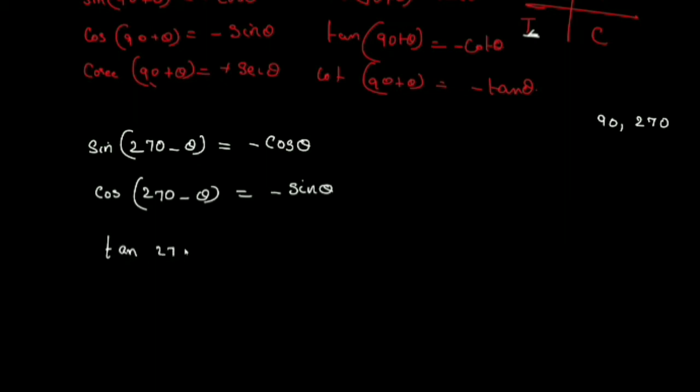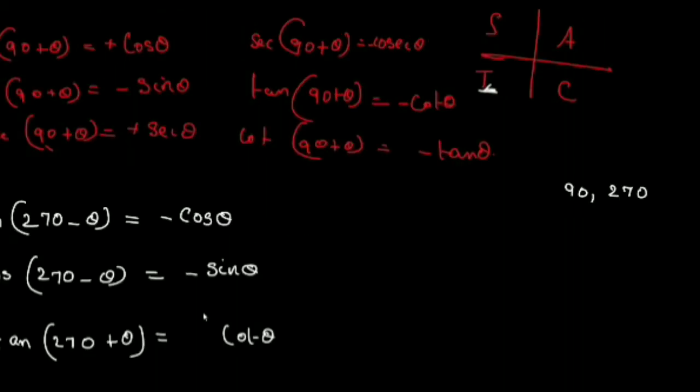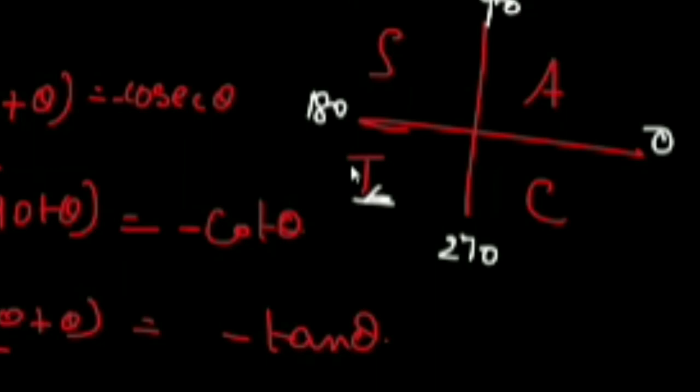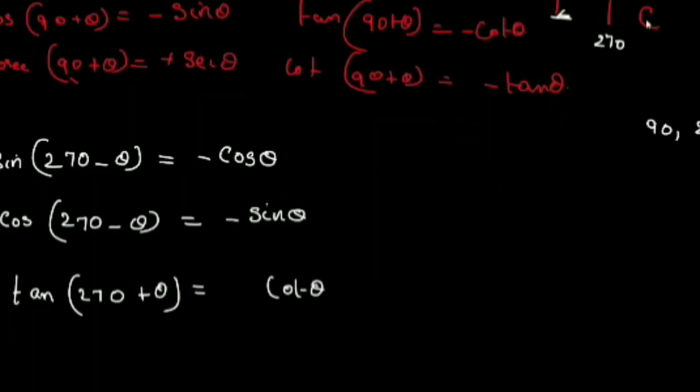Now suppose I write tan 270 plus theta. First write the complementary ratio, tan is cot theta. First write that. Then we'll see the signs, plus or minus. Which quadrant? So always remember these lines: this is 0, this is 90, this is 180 and this is 270. So you can easily say 270 plus means right side, minus is left side. So where is 270 plus theta? Which quadrant is 270 plus theta? Fourth quadrant. Which ratio is positive there? Cos, cos and its reciprocal. Fourth quadrant, cos is positive. So tan should be negative.